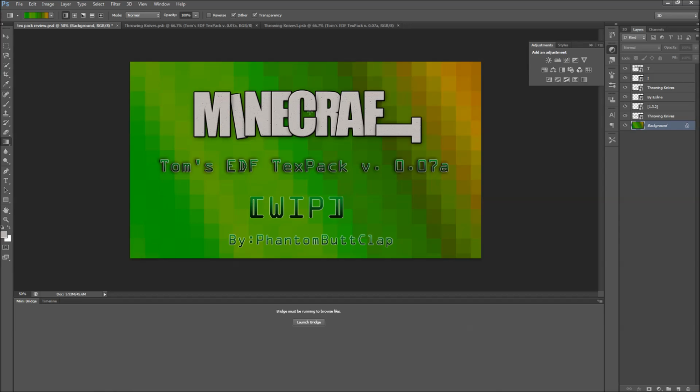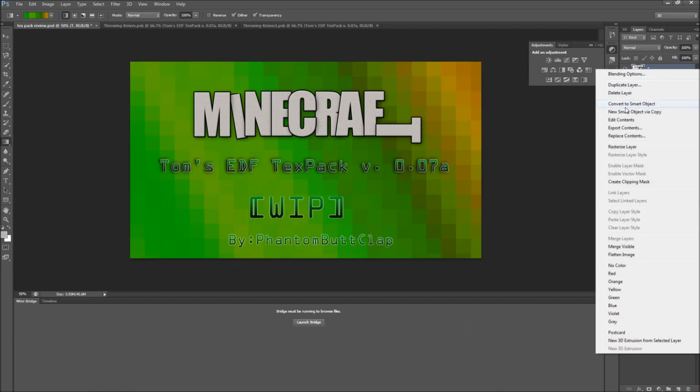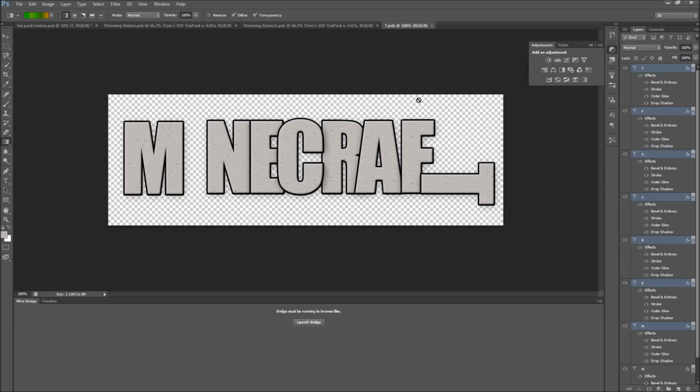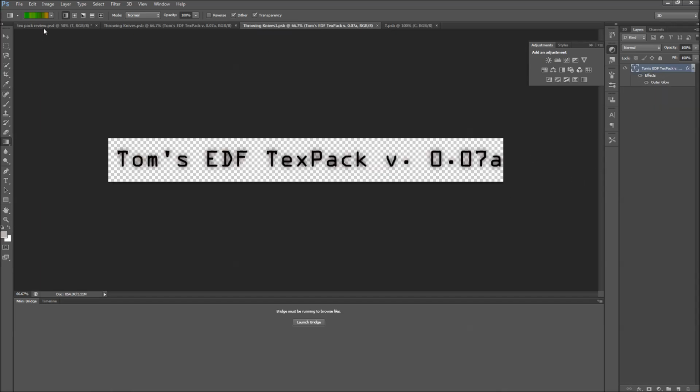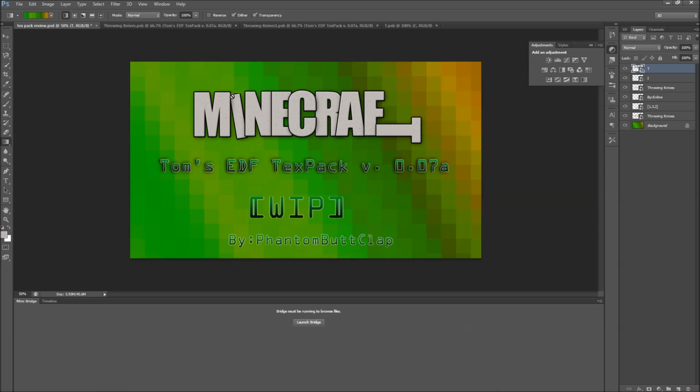And as far as this, the Minecraft with the fallen T and the slanted eye, I made the T and the eye their own object, and the Minecraft, actually I think the T is part contents. Yeah. I made them all into one layer, but they're actually individual letters here. So I can edit each individual letter, which allowed me to make the T fall down. And I should have just added the eye here, but I figured I'd give it some depth because it's behind them. So, yeah. Anyway,